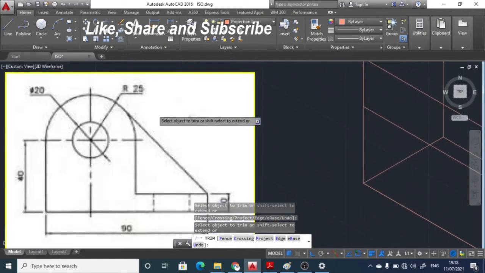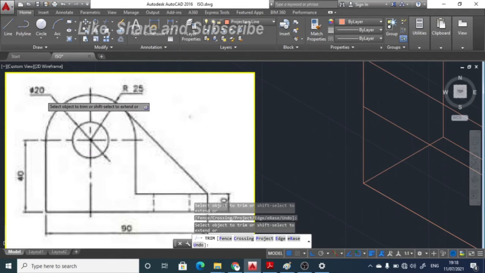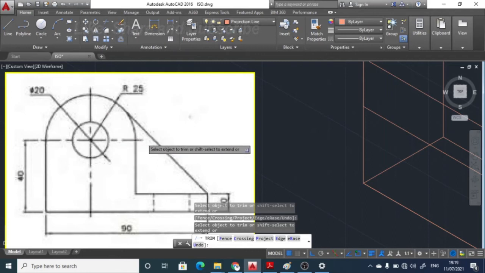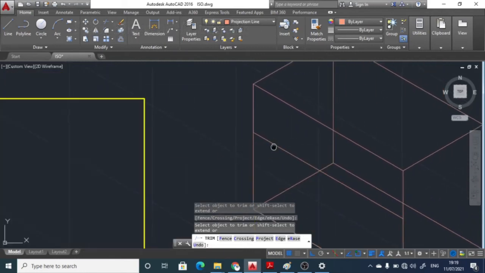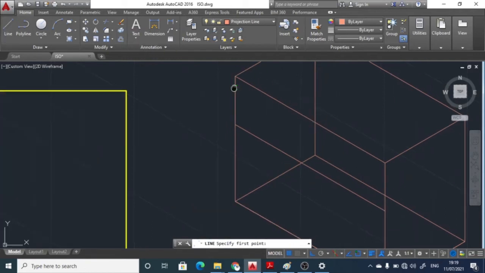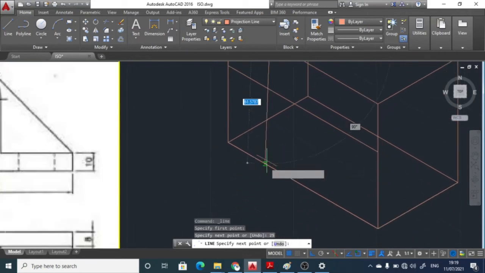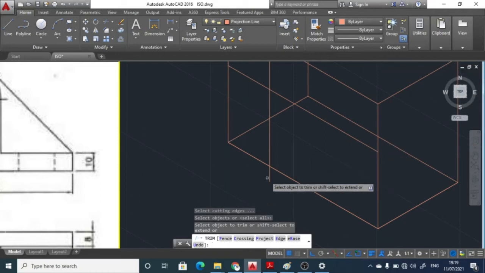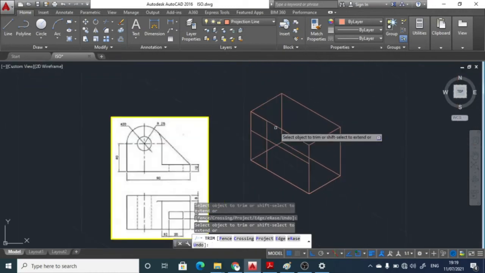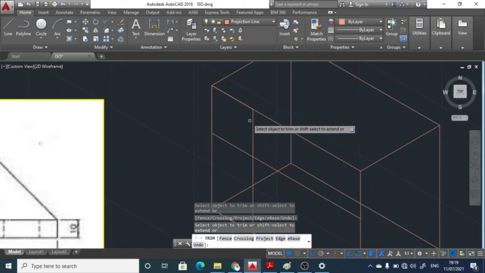Similarly, to identify the radius of this diagram, we have drawn this horizontal line and then we require one vertical line over here. With the help of the projection line, once again we measure 25 mm on this side and try to draw an approximate vertical line. It is not required to draw the full vertical line, but we can draw an approximate line over here. But make sure that this length is 25 mm.